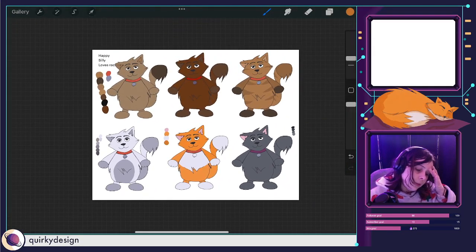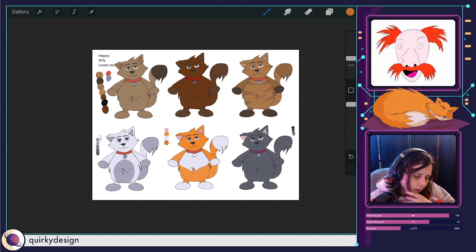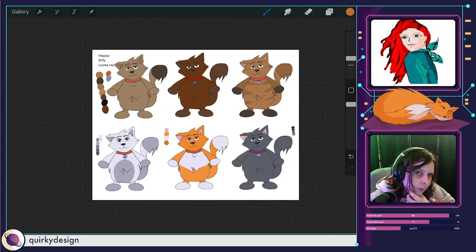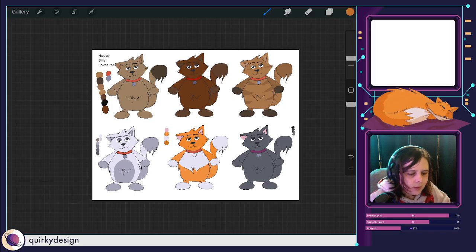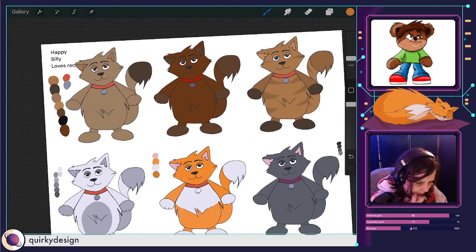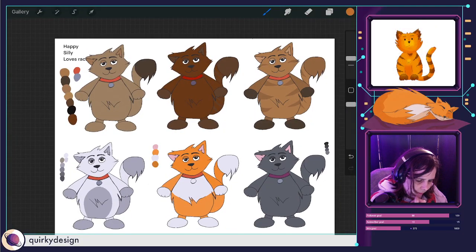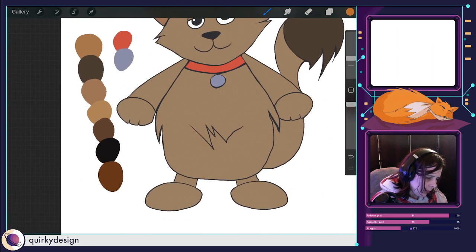Well, this was originally like a Freddy concept, but I feel like it's turned into something else, and I'm quite happy with these. I think they're quite adorable. Now, some of the colours probably need to be a bit higher contrast, so I feel like maybe this darker brown one, maybe the light brown needs to be a bit lighter on this so you can see some of the details on it. So let's have a go with that.